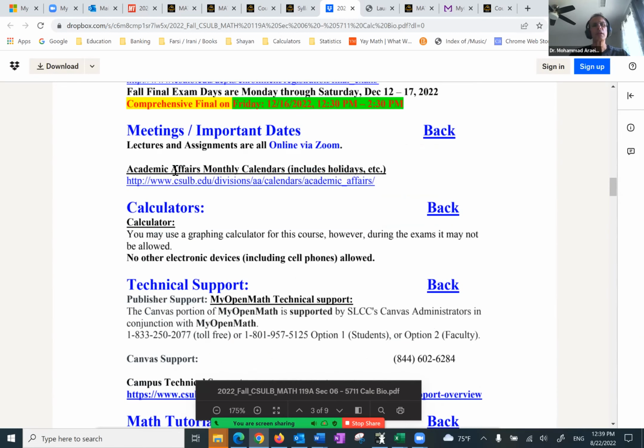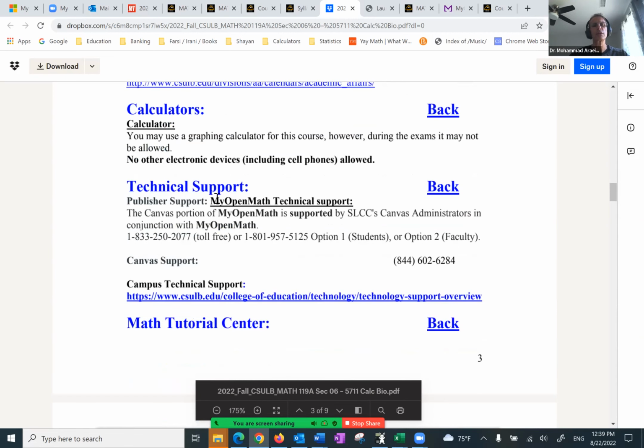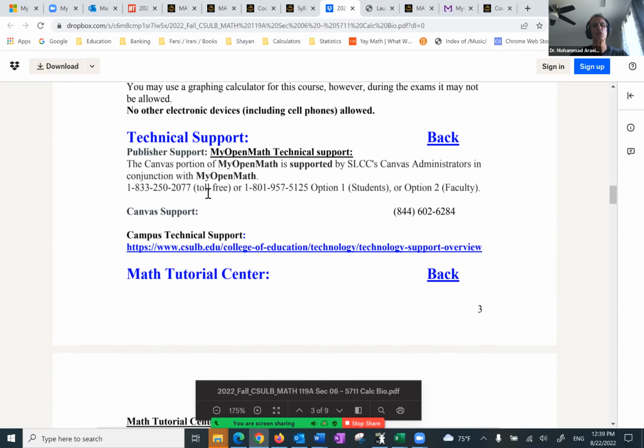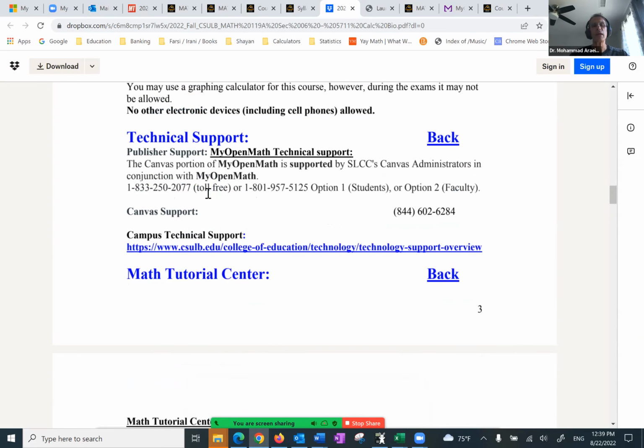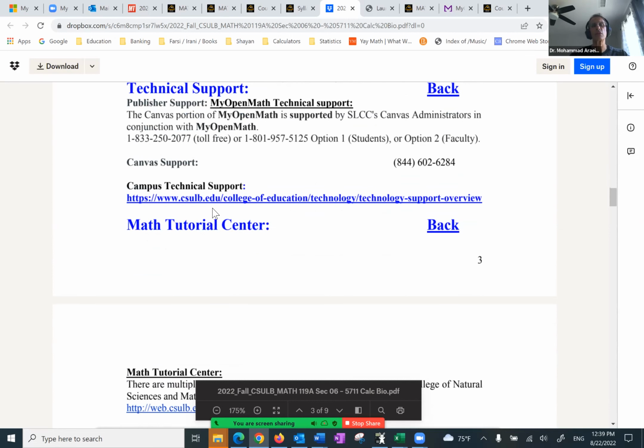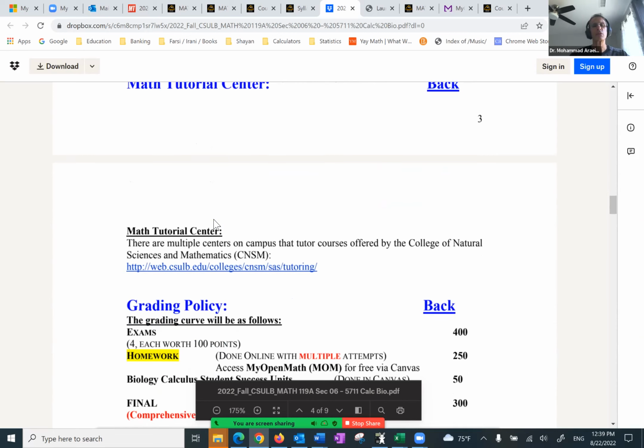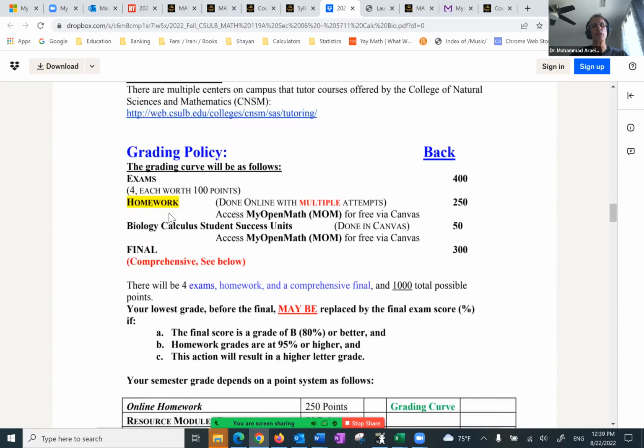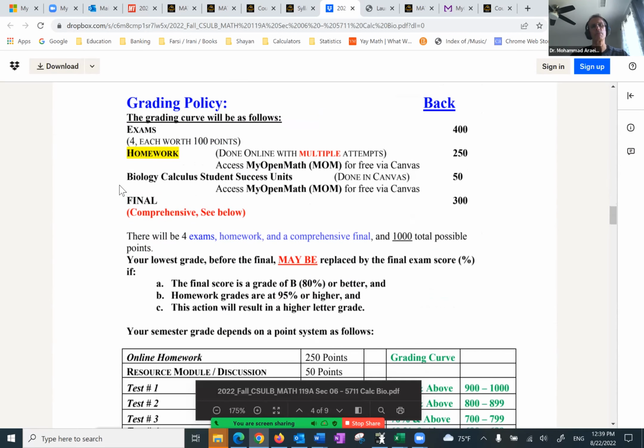Then we have different topics: meetings, important dates, calculators. You may use a scientific calculator for exams. Tech support for My Open Math, for Canvas, for the campus community, Math Tutorial Center, grading policy. This is extremely important.